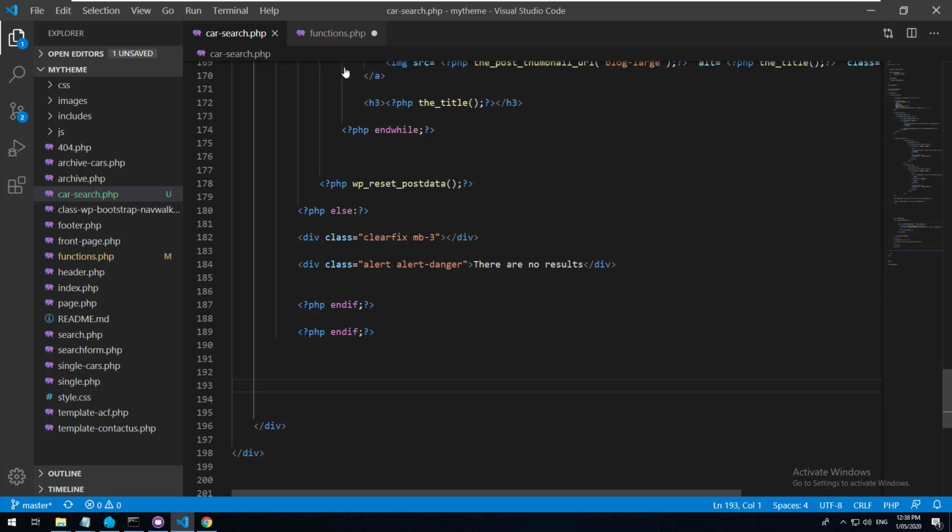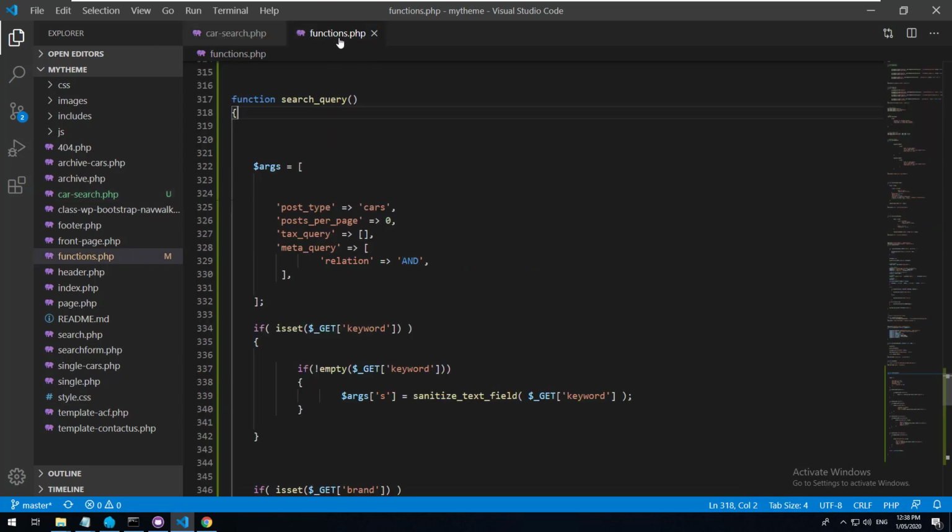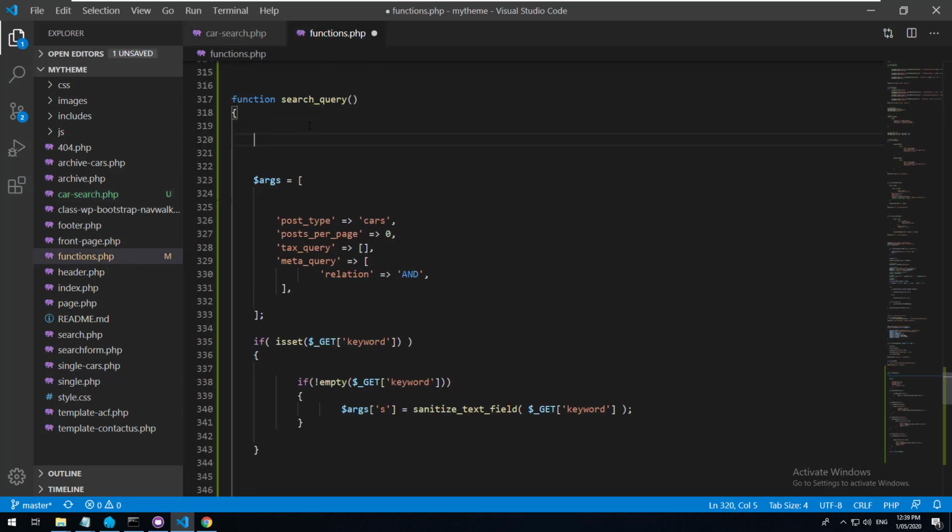Last but not least, I want to show you how to do paging in your search results. So if you have a lot of search results and you only want to show a couple at a time and have pages to switch between them, then this is what you want to do. Go into our functions.php. Before our arguments, let's create a variable called page or paged, whatever you want to call it. Now, WordPress has a query variable, like a function that automatically tells us the page that we're on in our query results. So let's, inside these brackets, do get_query_var paged,